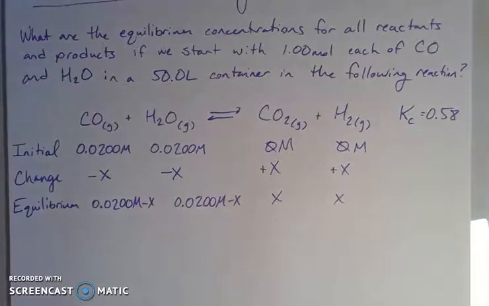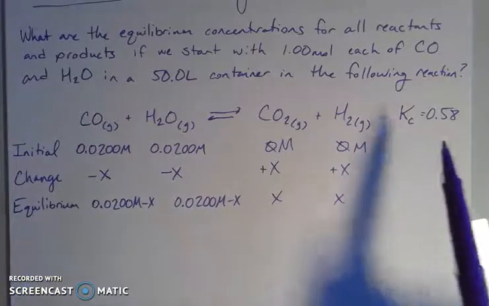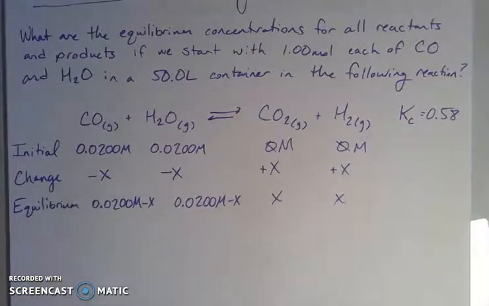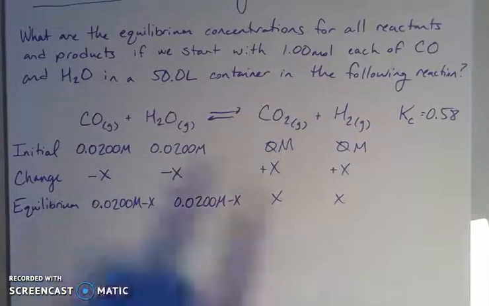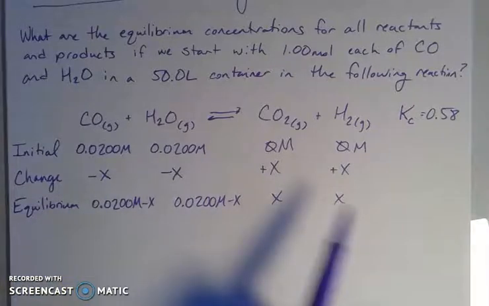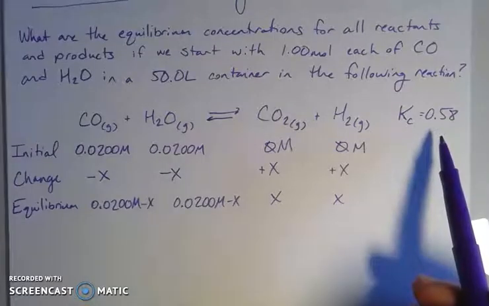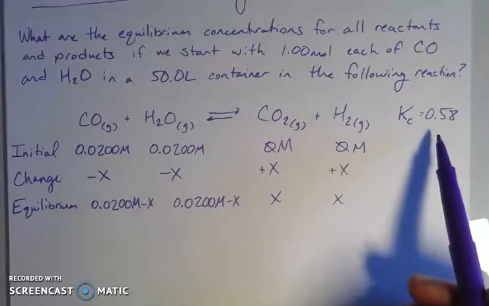And you might say, great, there's still a lot of variables in there, right? But it's really only one variable. And we have a way of relating these equilibrium concentrations through K. Our expression for K gives us a way to solve for this X. And because we're given a value for our equilibrium constant here, 0.58, that's going to allow us